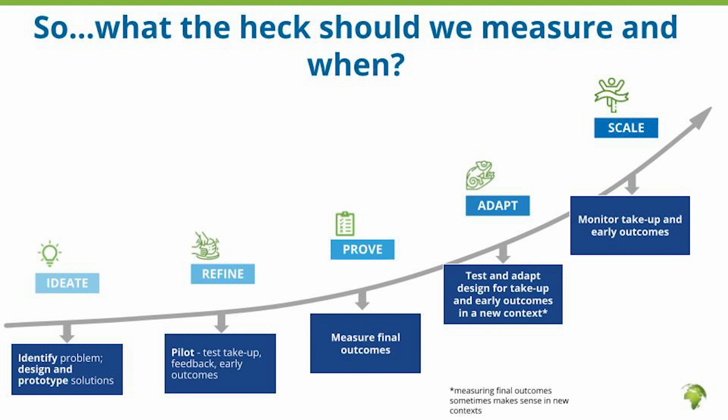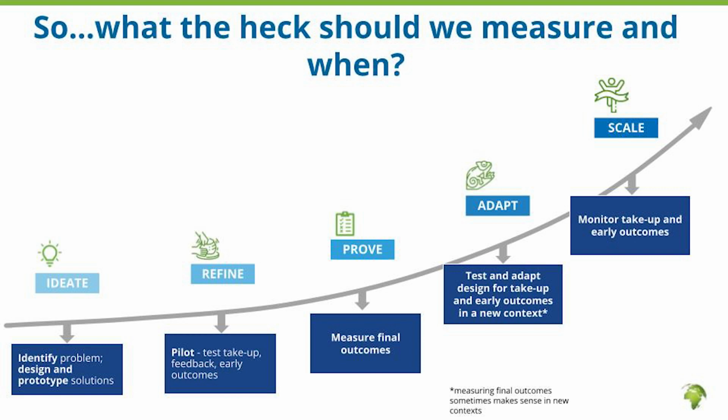Now, what we focused on again today is this kind of prove step in the learning cycle. So looking at actually measuring the final outcomes and what evidence exists there, or if it's a new intervention, what our best guess of that measurement might be, maybe putting in some assumptions like Open Philanthropy does as well. In addition to doing that, we recommend looking at these other stages. And there are a lot of other ways to measure good depending on what stage an intervention is in. These are typically underrepresented in a lot of effective altruist organizations and discussions in particular.